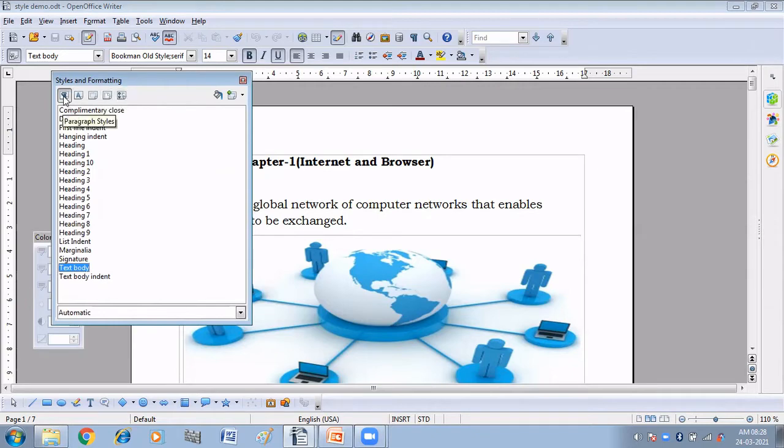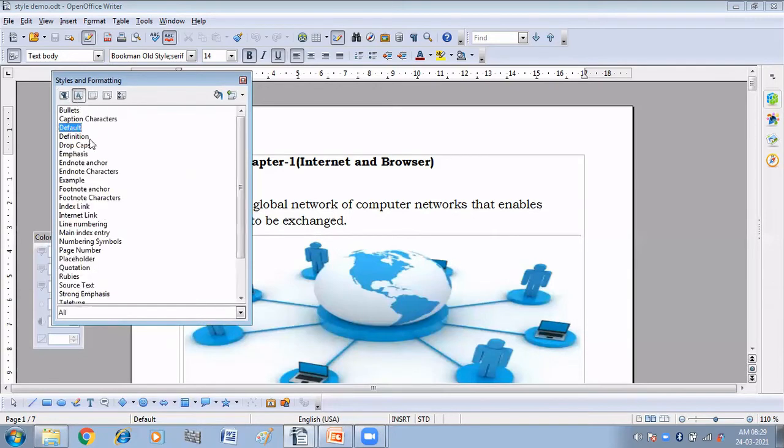First we have here paragraph style. So what is the use of paragraph style? When you click on this, it is already selected here, paragraph style. So paragraph style controls all the aspects of a paragraph's appearance such as text alignment, tab stops, line spacing and borders, and can include character formatting. Then we have character style. So you can see we have got the different options here. Character style affects selected text within a paragraph such as the font and size of text or bold and italic formats. So I am going to apply this one.